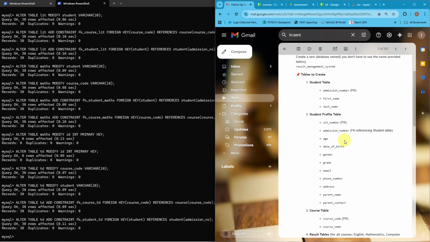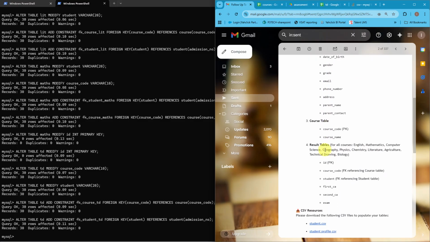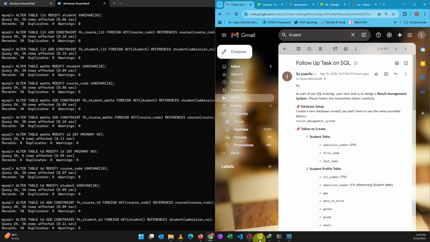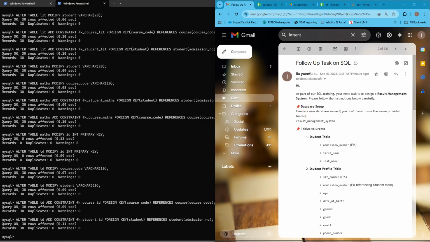So the foreign key, I changed this to primary key, and this was text before, and I changed it to variable character. Sorry, variable character, then foreign key referring to the course table, and this student referring to the student table. So I'm going to go back to